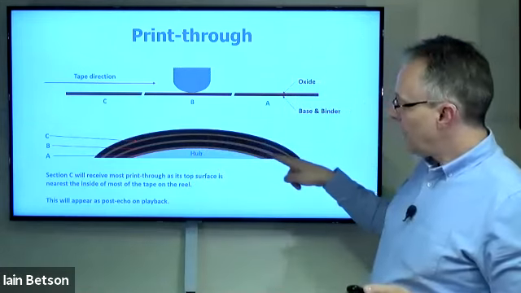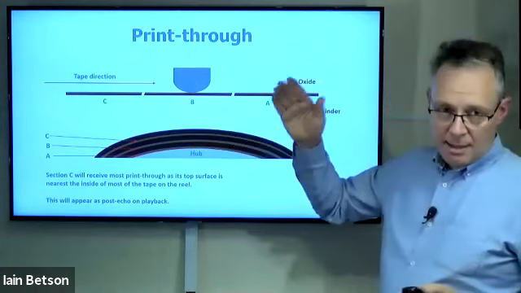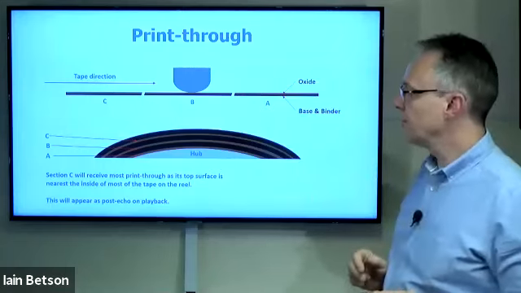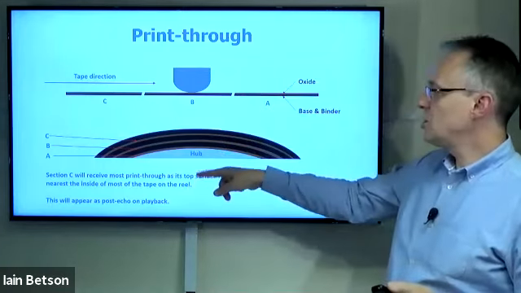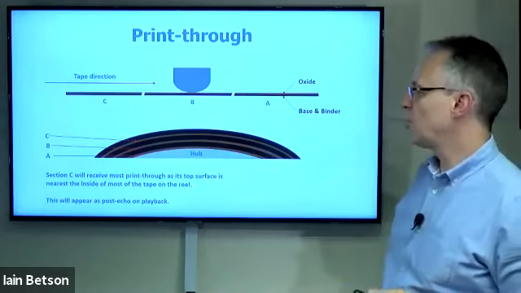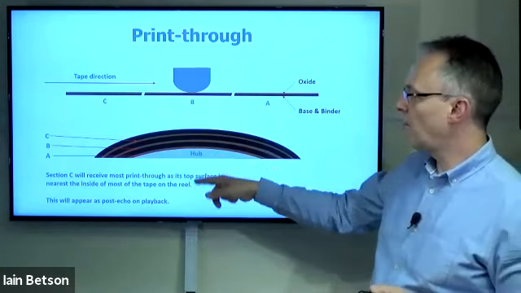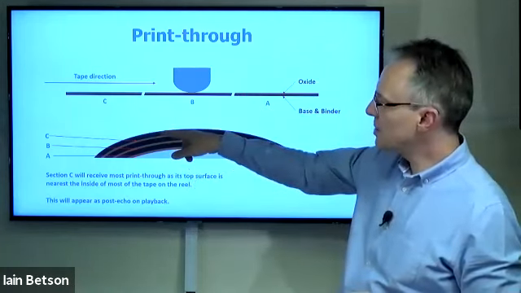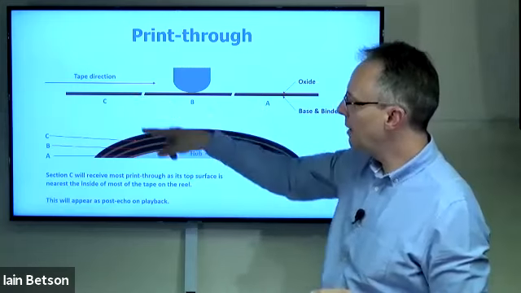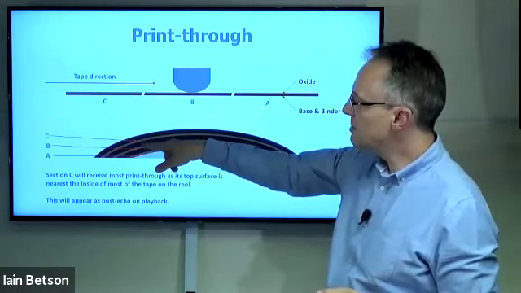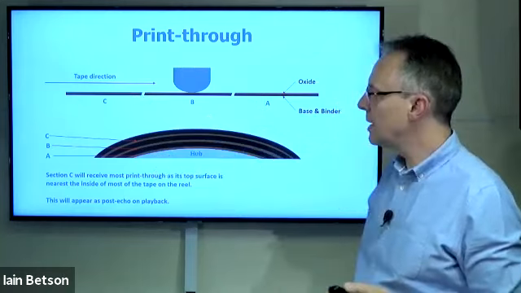The backing, the black line here, acts as a magnetic shield to the print through. So therefore, as I said here, section C will receive the most print through as its top surface is nearest the inside of the top of the reel. As you can see here, section C, that's its backing there, and that's its oxide, and it's receiving the print through